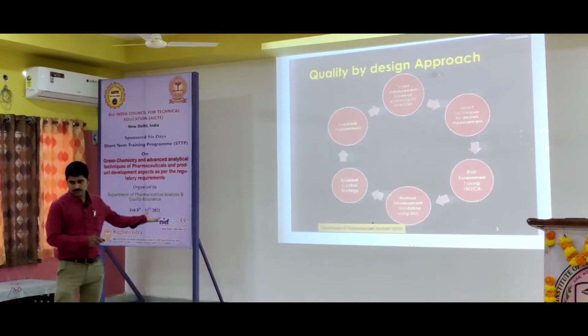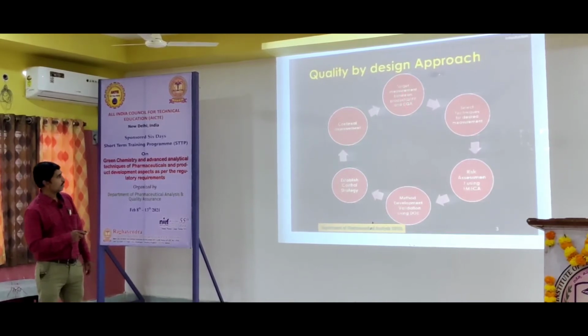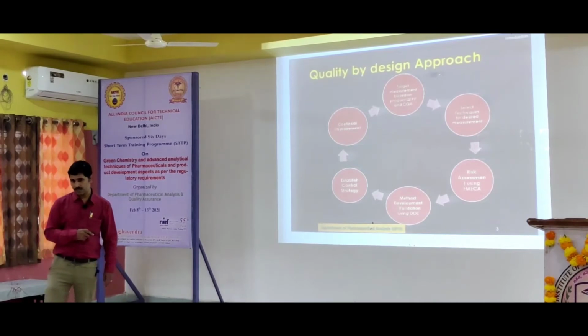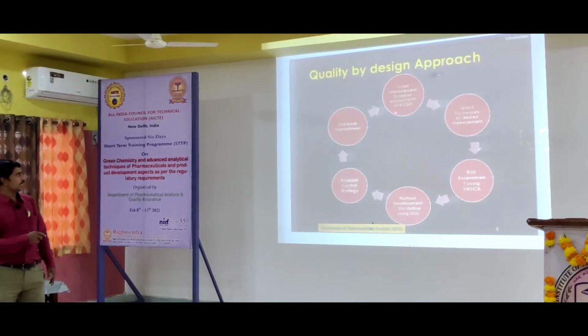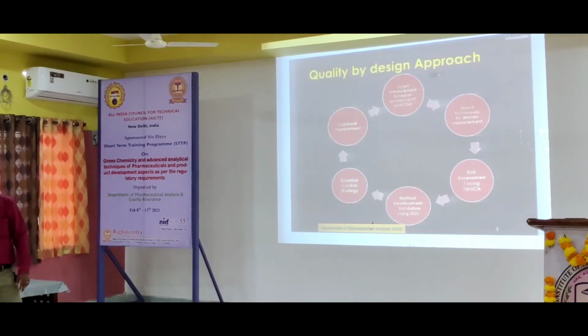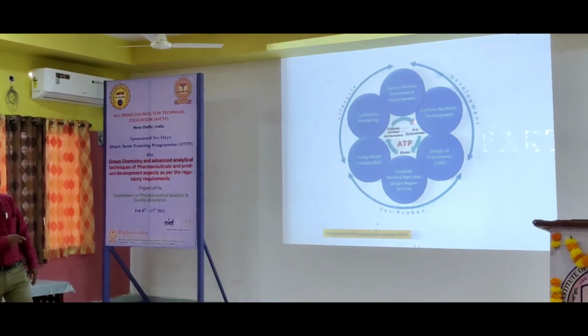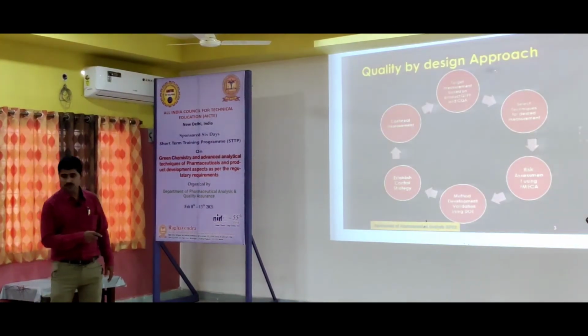The same slide is explained in detail here. Target measurements are based on the product QTPP, quality target product profile, and CQA, critical quality attributes. We will fix the critical quality attributes, and accordingly we will select the method, same as the HPLC parameters. Then select techniques for the desired measurements. These two are interrelated, same as the previous slide we discussed. Here we are going to select some methods and some parameters, like the outputs.